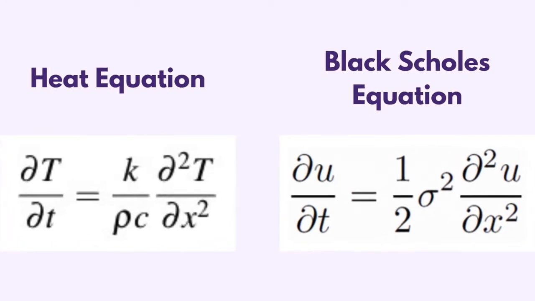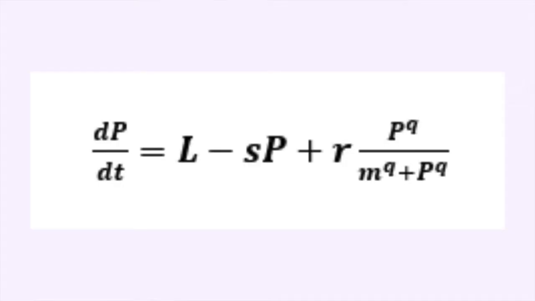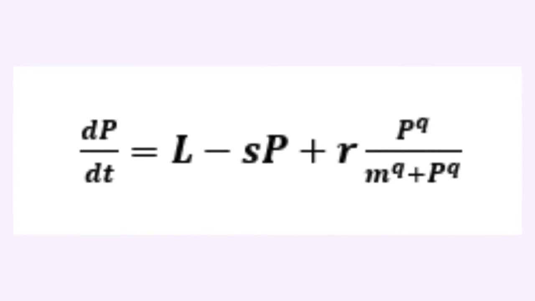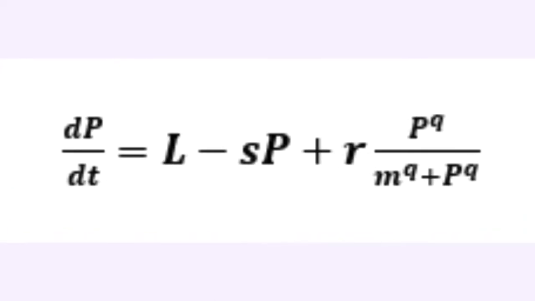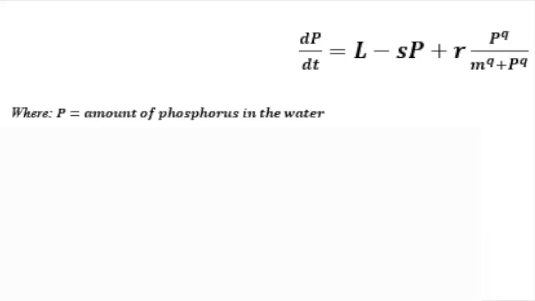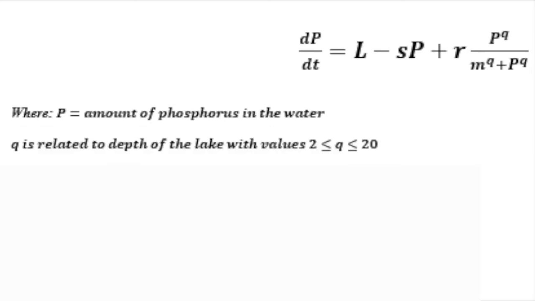You can use one equation for many different types of applications and draw new conclusions based on information you may find on the equation in another completely different field. For the purposes of our model, we will be using the following equation, which is well known in the field of water science, where P equals the amount of phosphorus in the water,